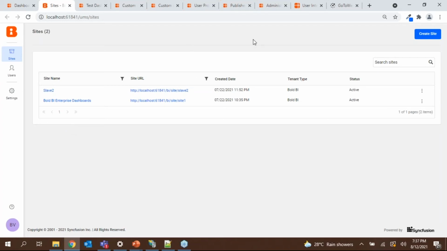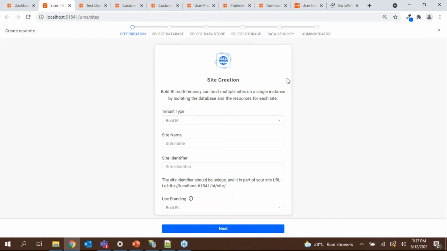To create a new tenant, click on the Create Site option and provide some necessary details which are required to register a new site. Provide a site name, which is the tenant name. For example, I'm providing webinar multi-tenant one, and you need to provide the identifier. Let me use webinar one, and this identifier will be appended to your site URL.